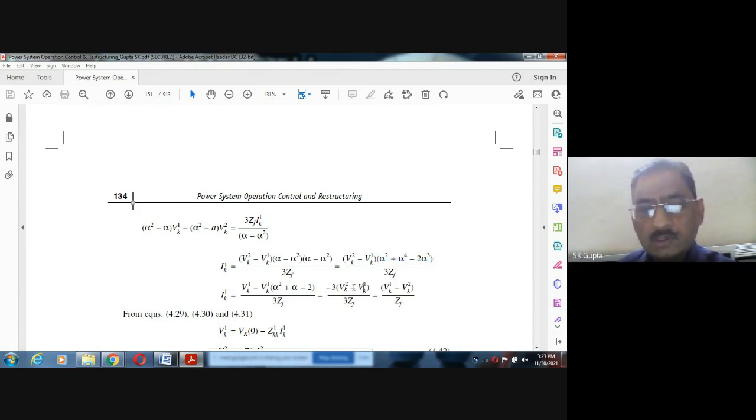Okay, minus if you take inside, it will be, and 3 will be cancelled, VK1 minus VK2. Now these are the positive sequence currents. These are the positive sequence voltage. It is negative sequence voltage. If we can write this positive sequence voltage and negative sequence voltage